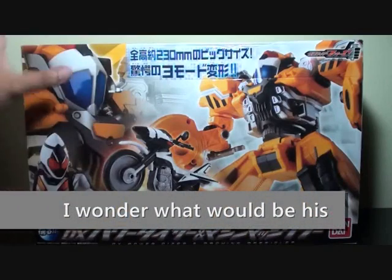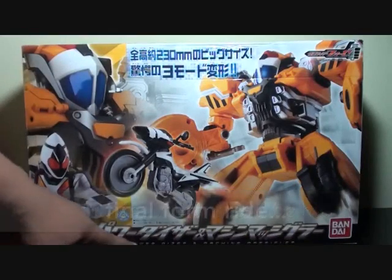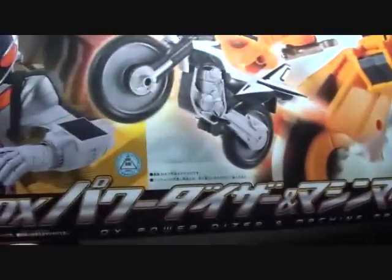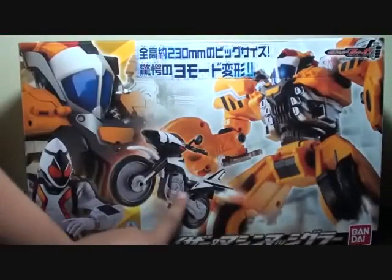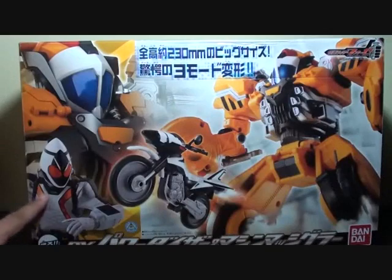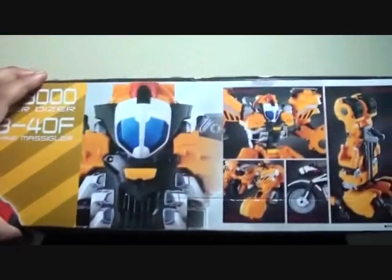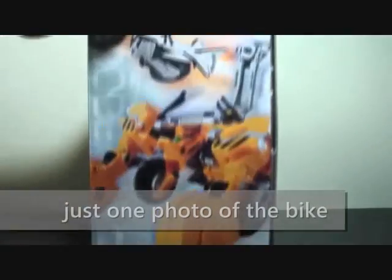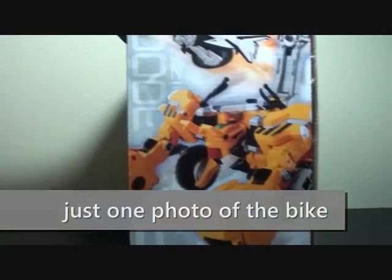And we have here the box. It says here at the bottom DX Power Dizer and Machinima Sigler, and it is written in Japanese. We have the Power Dizer here, Machinima Sigler, Kamen Rider 4Z. And at the top, some of the details about Kamen Rider, or maybe not really Kamen Rider, but the Power Dizer, and some tidbits about Machinima Sigler. Nice cool picture also here in vehicle mode,